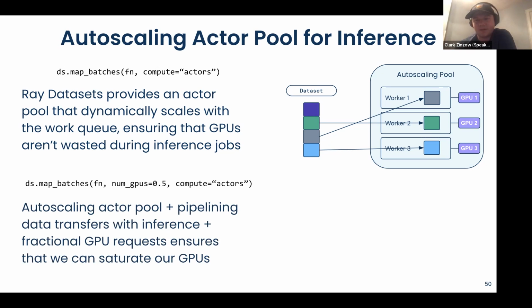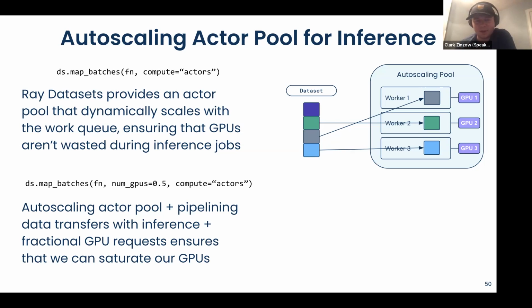So that's a very small scale illustration of what happens if you compare allocating a ton of actors, maybe the same as the number of blocks in the data set. If you have 1,000 blocks in your data set, you might end up really over allocating the number of workers in your worker pool. And by doing this gradual scale up of the actor pool based on the work queue, we are able to ensure that we're not over allocating workers, especially in the case that you have multiple workloads running on a single Ray cluster.